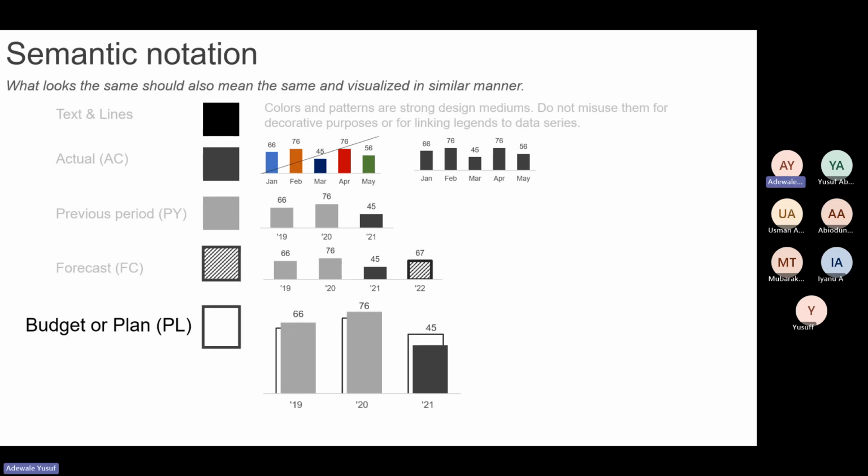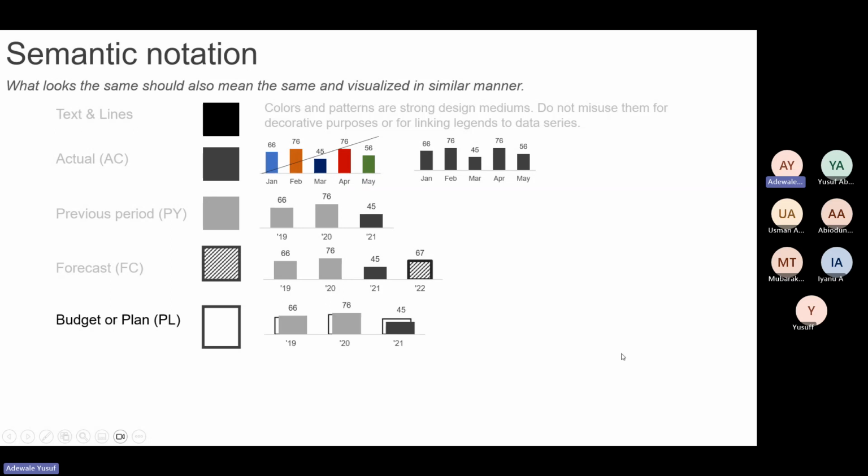So same thing for plan, right? And you can see that plan is something that is easy to visualize, because if you look at this visualization right now, you will see that I have black here as actual, and the outline at the back is budget. So technically, this is showing me now that I did not meet my budget. And here it shows that I did above my budget and also did above my budget here. So this is the standardization that we should all look out for.